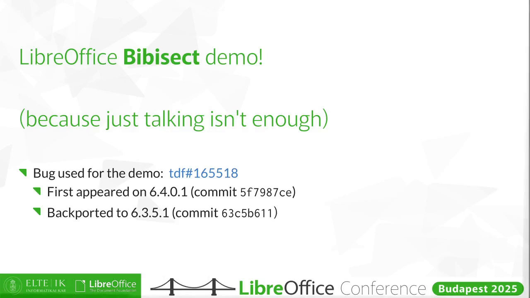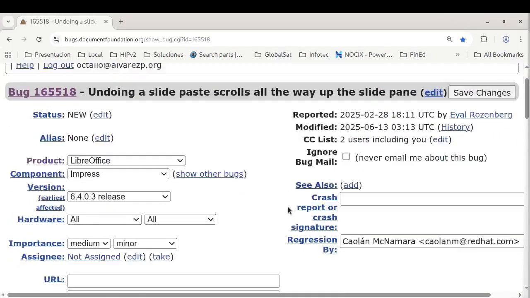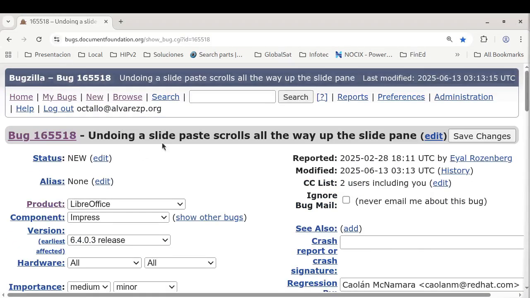I have a demo prepared for you. You need to be patient because you will see me see the same thing like 25 times. I'm going to use this bug number from the TDF. I have already uploaded it here. This is doing a slide paste, scrolls all the way up to the slide pane. It was reported by